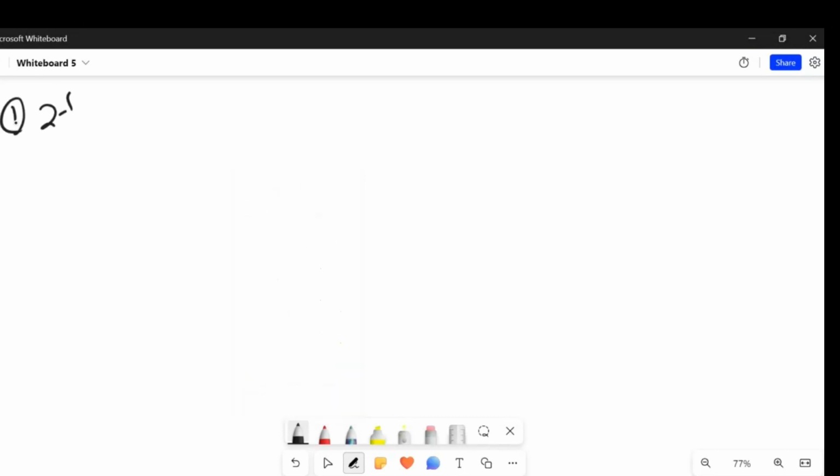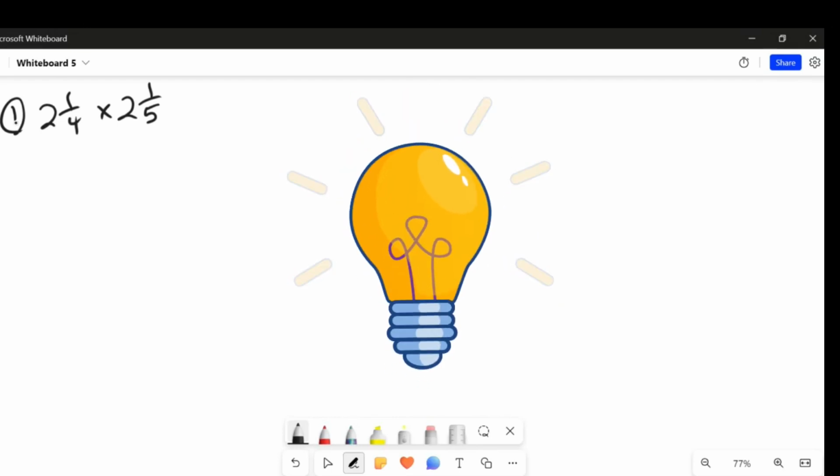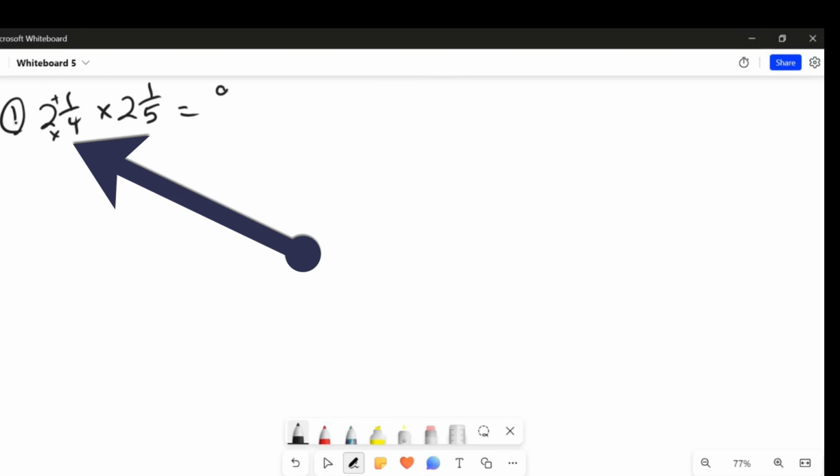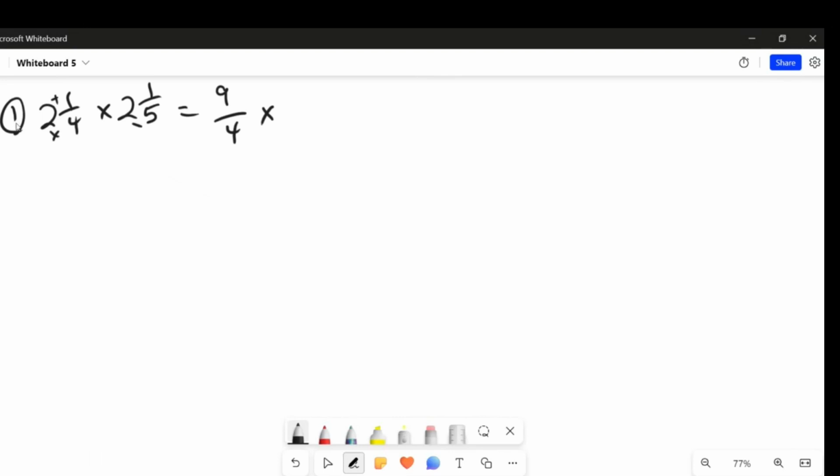So when I have 2 1/4 times 2 1/5, when you are multiplying and dividing mixed numbers, you cannot just multiply the fractions and multiply the whole number parts. It doesn't work. We have to change these back into improper fractions. So 2 1/4 becomes 4 times 2 is 8 plus 1 is 9/4 times 5 times 2 is 10, plus 1 is